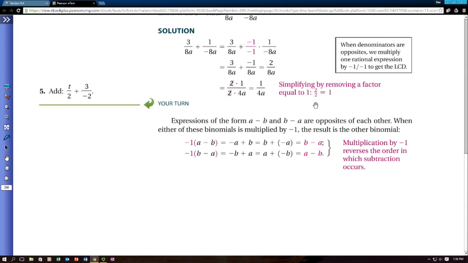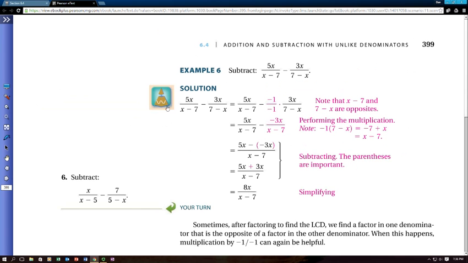Well, why are they doing that now? Because we've introduced this strategy of multiplying by negative ones in a strategic way. So, hey, maybe this works on these kinds of situations too. So let's look at this next example. And that's exactly what this is. Hey, I got x minus 7 and 7 minus x. Well, the goal to do the subtraction in this case is to have that common denominator. Well, I can change the order of this by multiplying by a negative 1. Well, the only thing I can multiply by is 1,